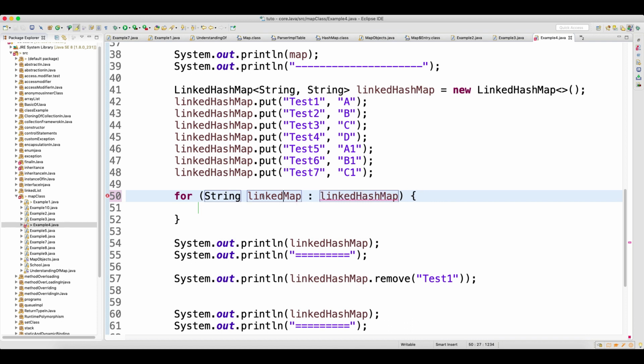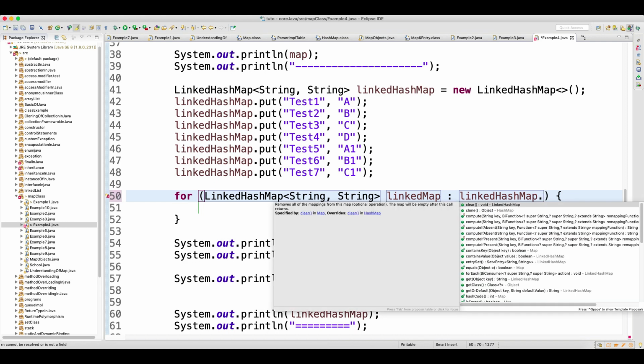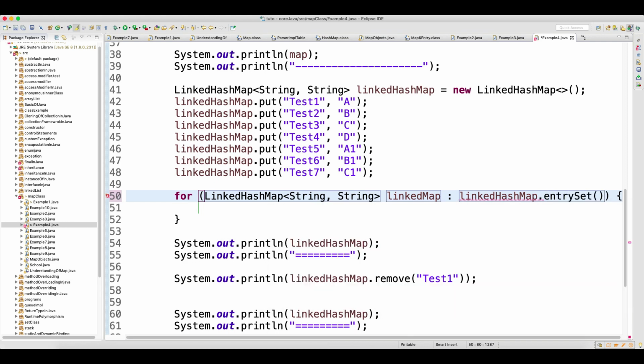I cannot run it like this, so I can do dot entry set here also, no problem.